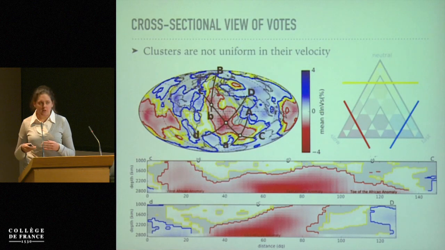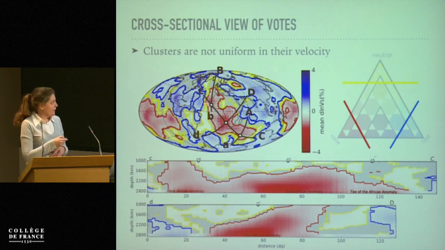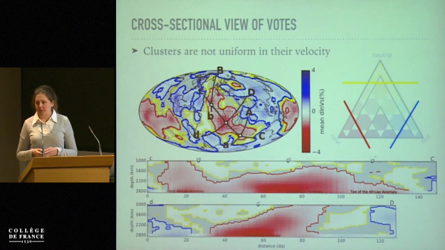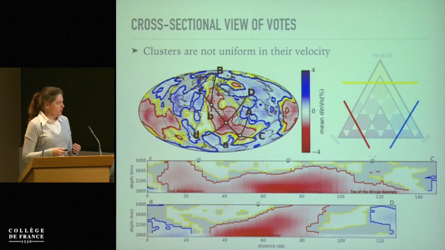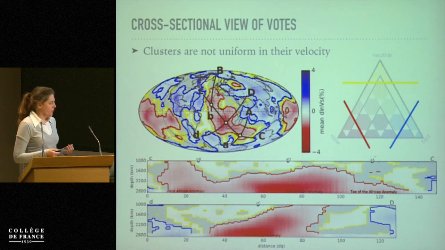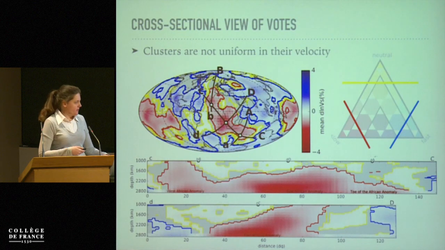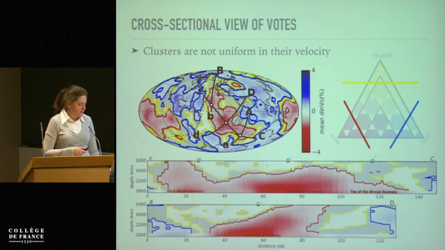So you can see that each cluster in the map here and in these 2 cross-sections represents a range of seismic velocities. So they're not necessarily internally uniform,